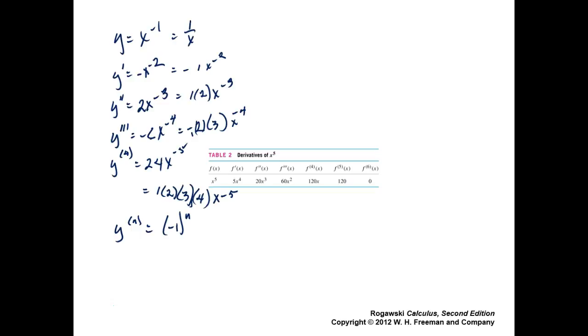Okay? And then, I don't know if you've run into this notation before. Notice this was a 1, 1 times 2, 1 times 2 times 3, 1 times 2 times 3 times 4. Next one is going to be times 5. Next one by 6. Next one by 7. So basically, what that is called is n factorial. Okay? Is when you count downward from